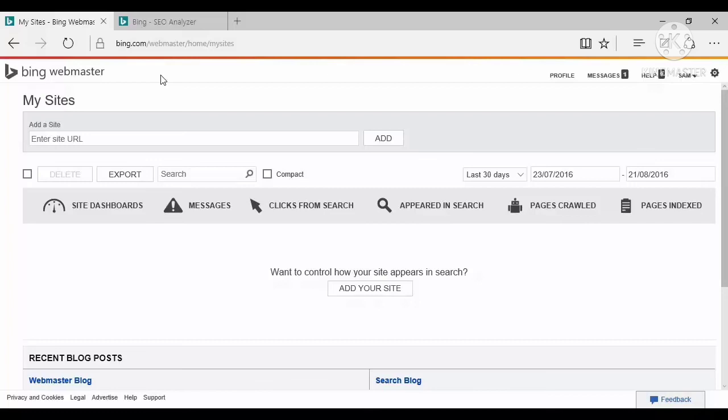On the next page, you'll be prompted to add some details about yourself, your name, your company name, etc. And then you'll be asked to place an XML file on your server to help Bing keep track of your site. And this will allow you to find out how your site is performing in searches. And you can combine this with your PPC metrics to get a more complete picture of your overall progress, your hits, etc., etc.